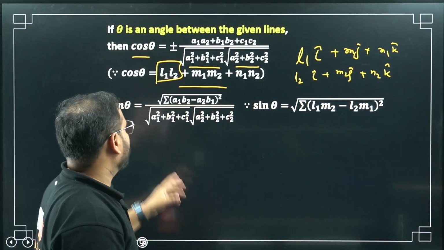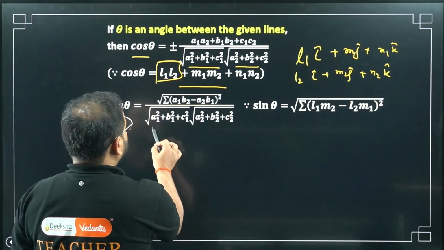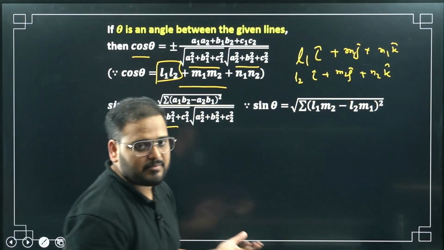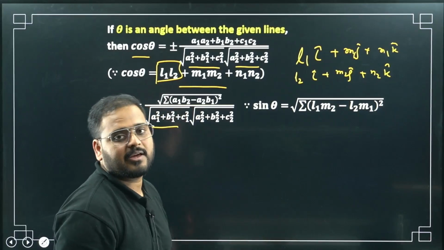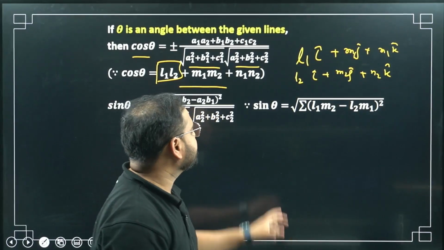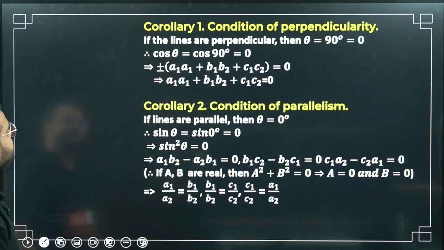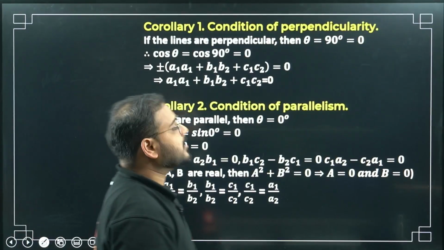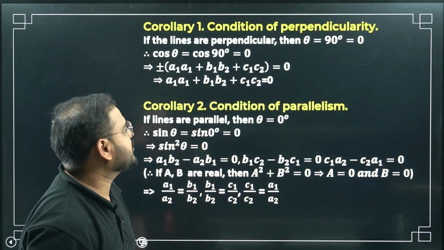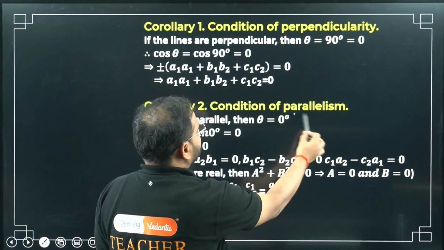A2 B1 upon this whole thing. Again, this is summation of sigma A1 square. This is sigma A2 square. Chaliye, theek hai? So sin theta value. Okay. Moving on. Now corollary 1, we will apply this perpendicular condition and parallel condition to the previous condition for